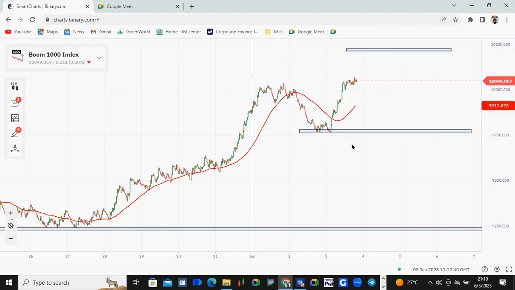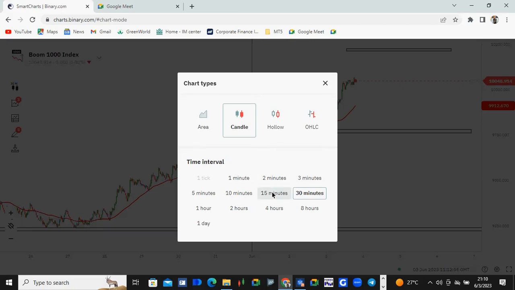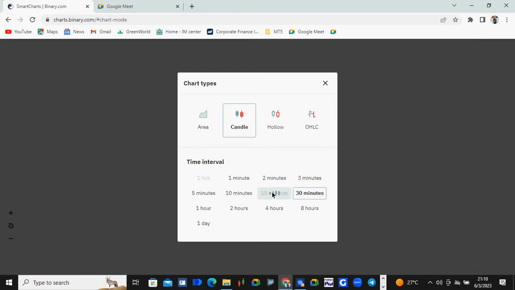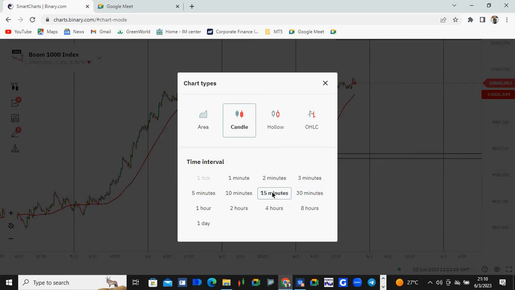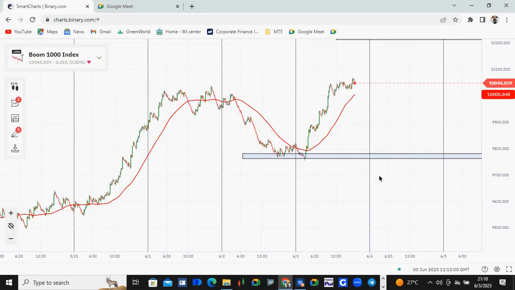So it is important that when you are putting your stop loss, you look at where you are. This is M30, so you are putting it below the support level in M30. The support level in M30 at this particular level is here. Now, if you are using M5 or M15, let us go to M15. If you are targeting M15,